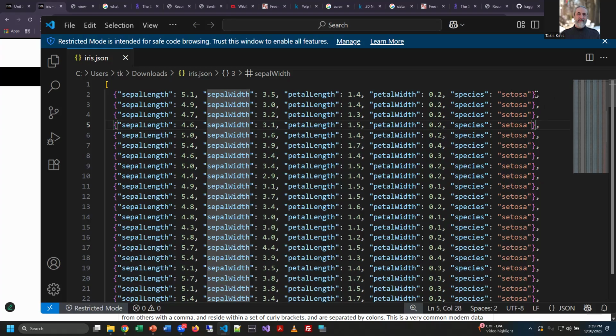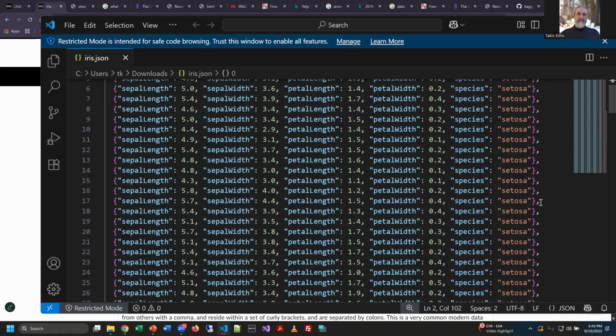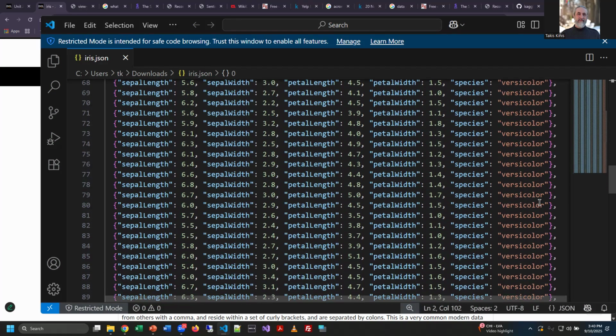And then after that set of curly bracket key value pairs, like key, value, key, value, key, value, etc. Then that's separated with a comma and another dictionary is here. So if you think of it from the Python standpoint, this is a list of dictionaries, right? Is really kind of a good way to put it. But the basic structure is the curly brackets, the key value pairs separated by commas, and then if I have multiple structures like that, I just keep repeating it. And this is the data set.